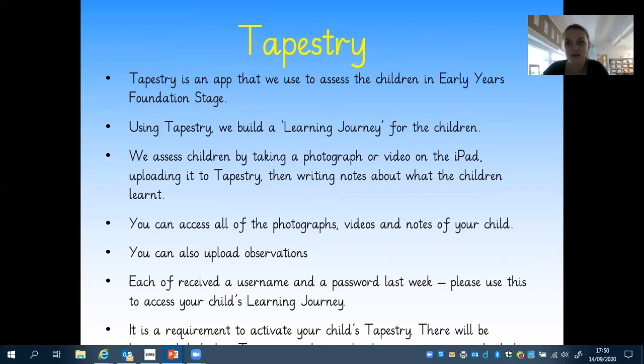And finally, I just wanted to talk to you about Tapestry. So Tapestry is an app that we use, and we use it to assess children in early years foundation stage. We basically build up a learning journey for them over the year. So we start from September to July, and you can see your child's learning journey